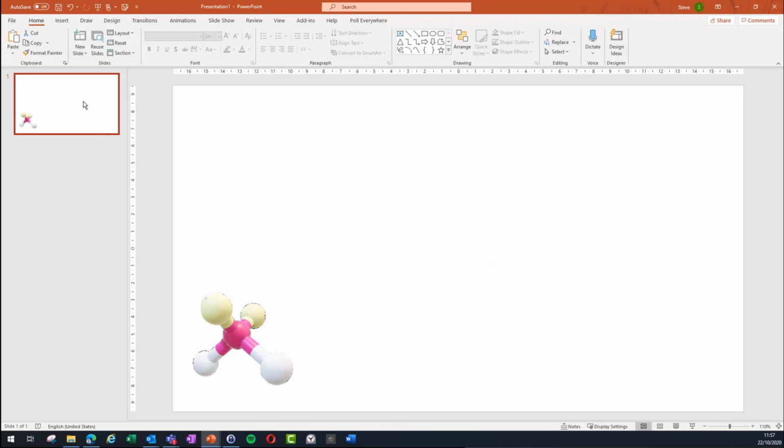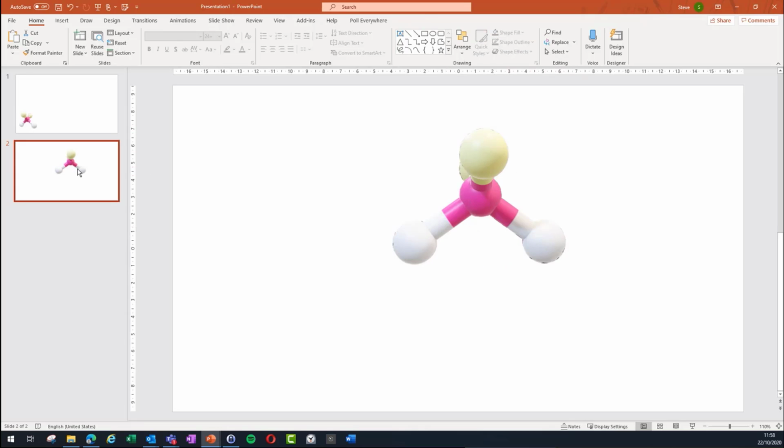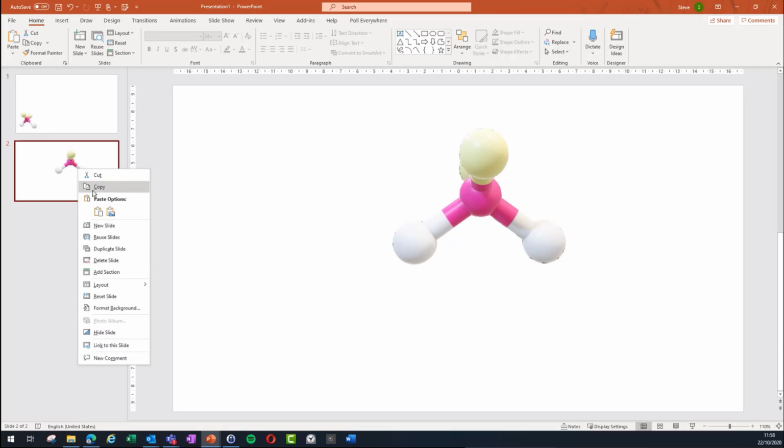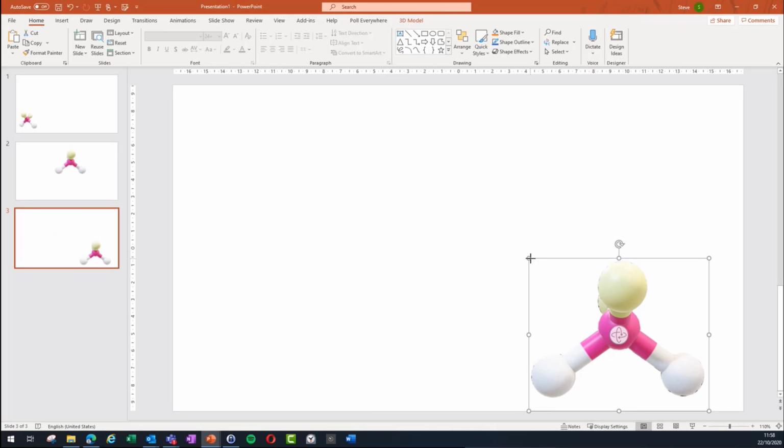Just using words now. Okay, so what I'm going to do, I'm not going to animate it. I'm going to duplicate that slide and say the second position has to be over here, spun round, bigger, duplicate that one, right click, duplicate or Control D, and say the third part of the sequence is it's to be down here